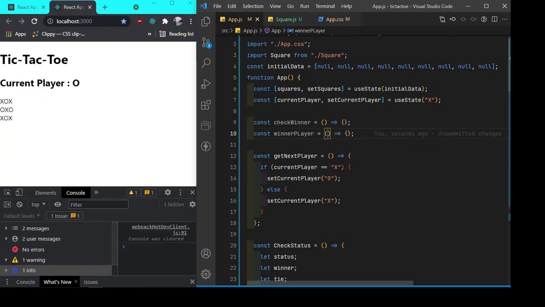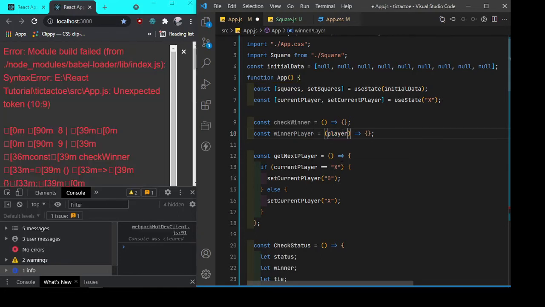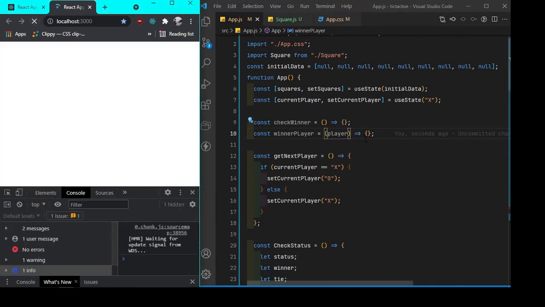So winner player requires player as an argument,